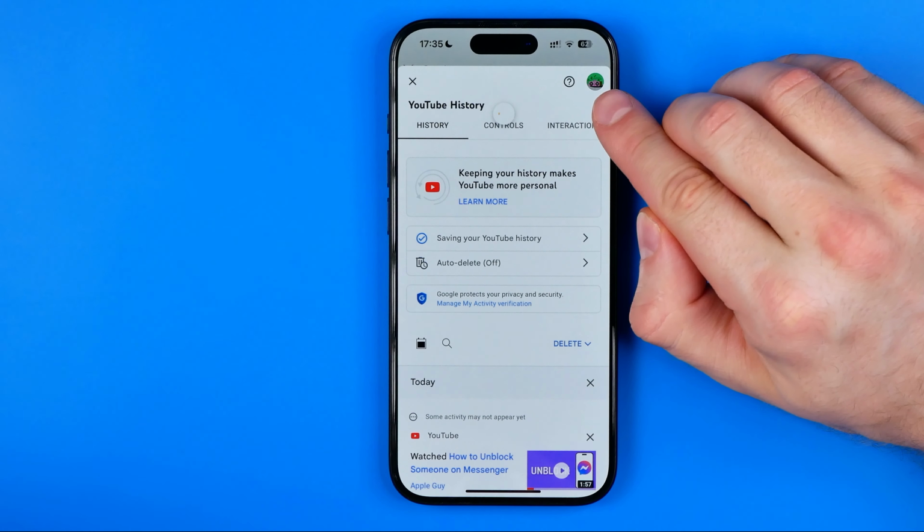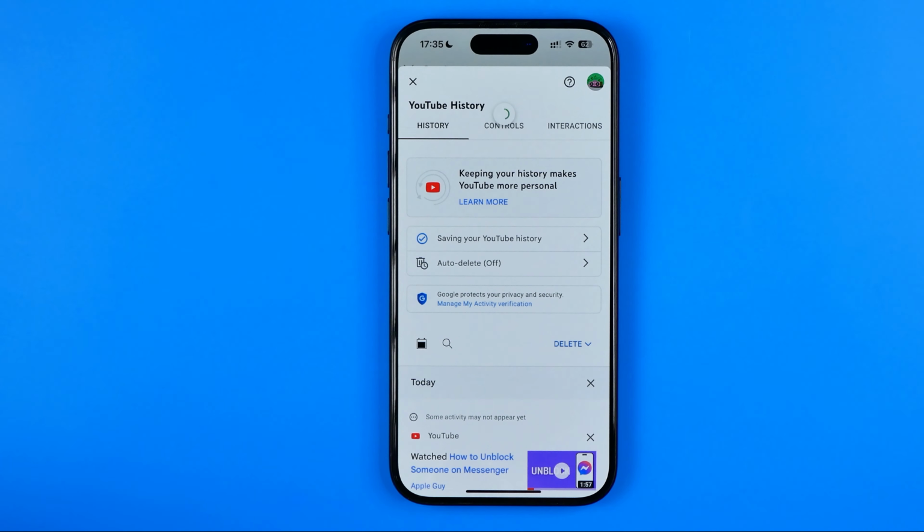After that, you will be taken to your Google account settings, and here, first off, at the top right corner, you will see your profile picture, and then just make sure you are logged in with the account you want to disable search history for. And then we can configure saving of YouTube search history in a couple of different ways,